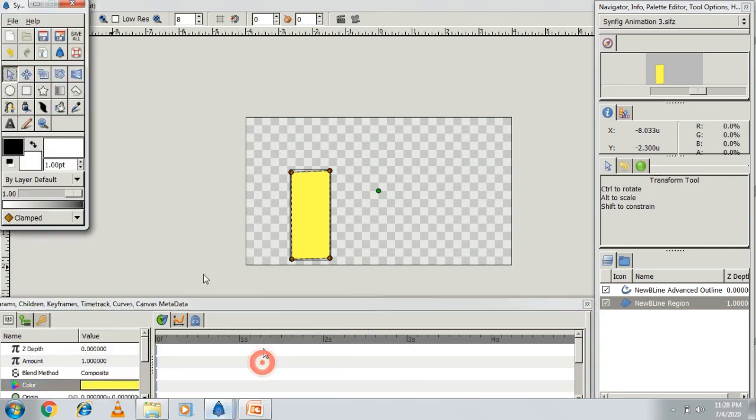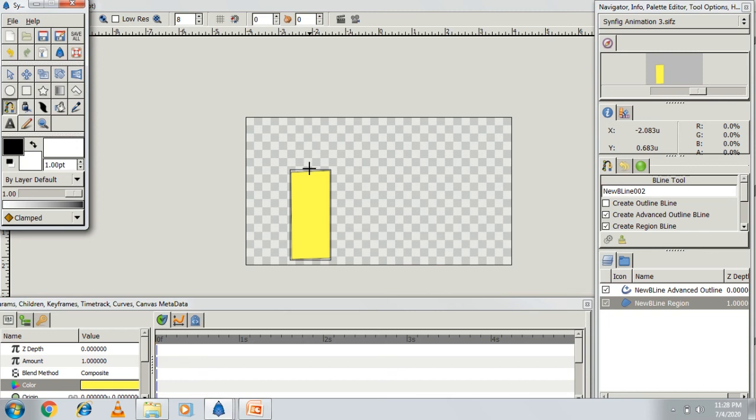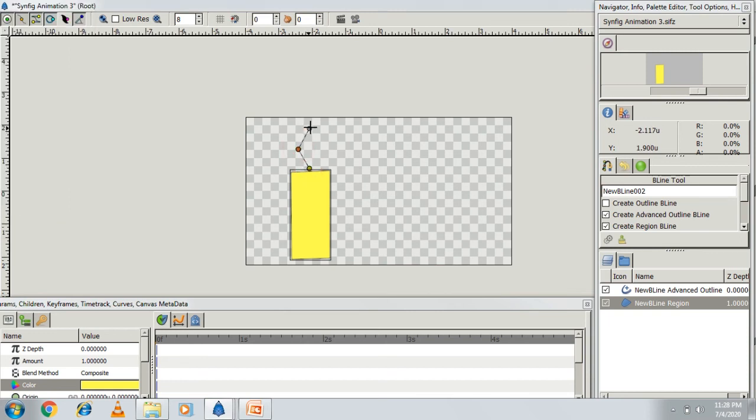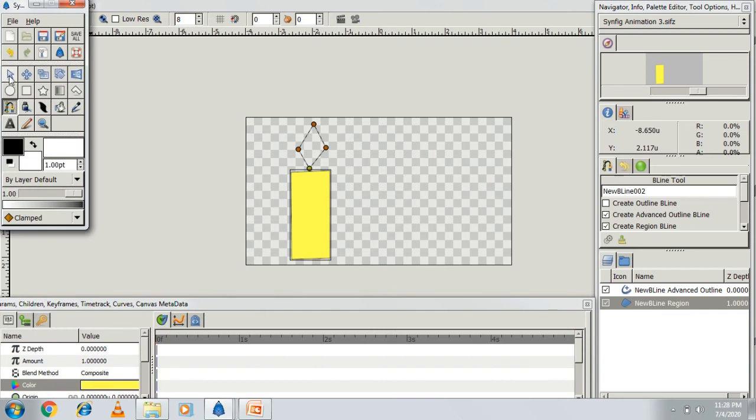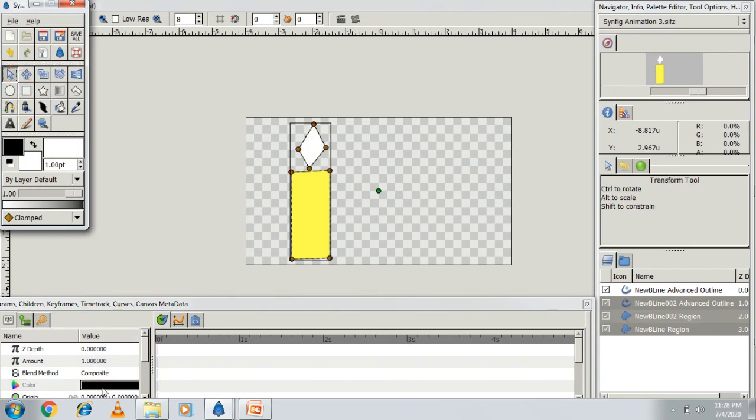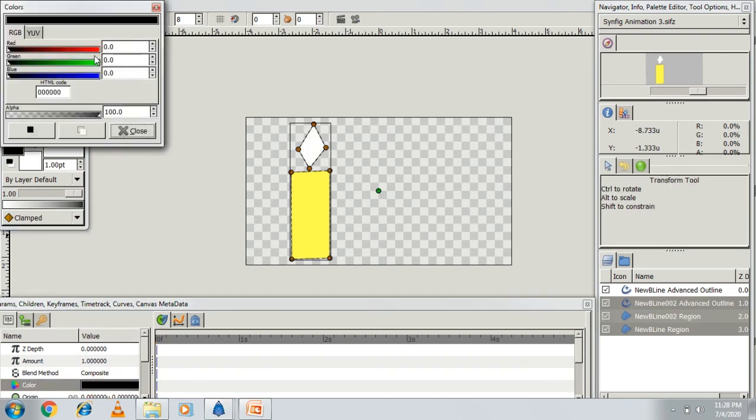After that again I'm using the beeline tool, right click loop beeline. So again I click on the transform tool and I change the color,